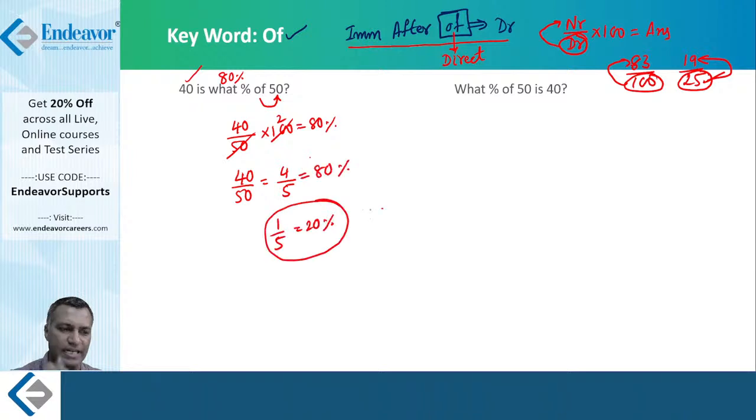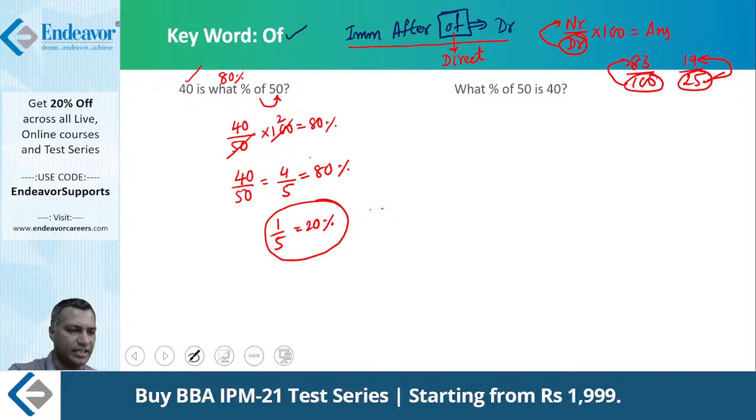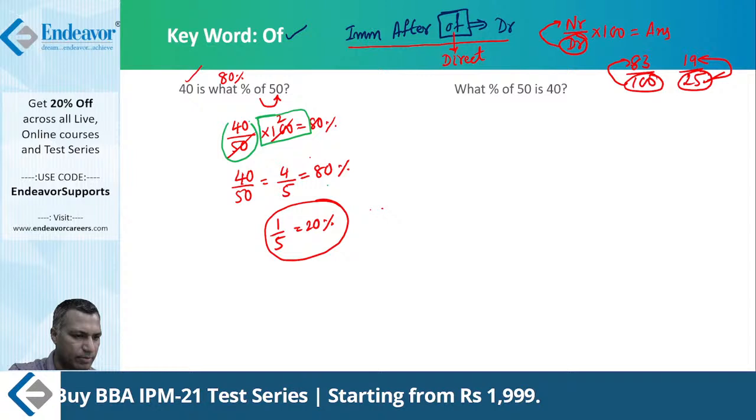My point is, don't write this black box. Let's avoid this black box, which is unnecessarily tedious. What was the black box? This was the black box. When you look at 40 by 50, I want you to write 80%. This is the drill we were doing. I don't want you to write into 100 is equal to something. It might not be required there.